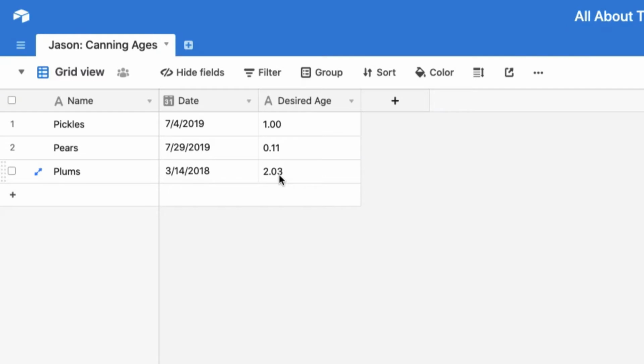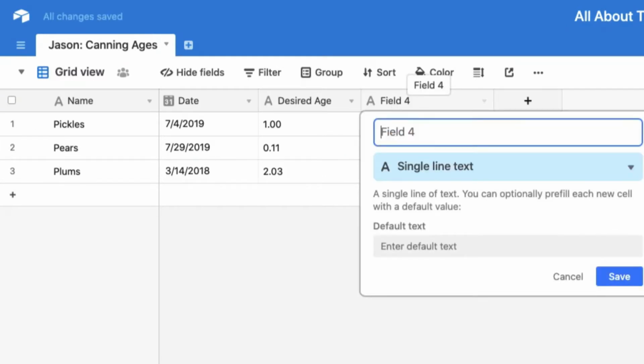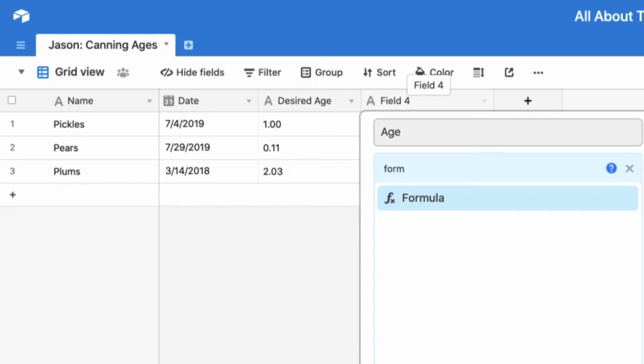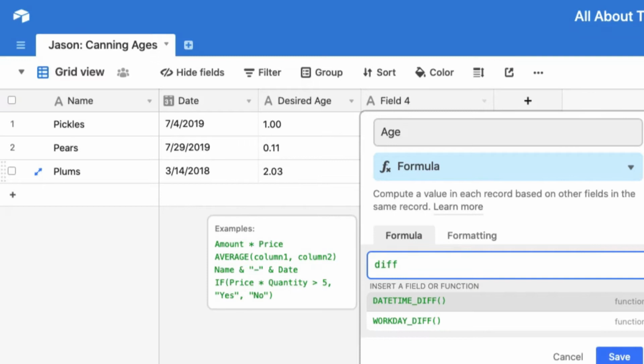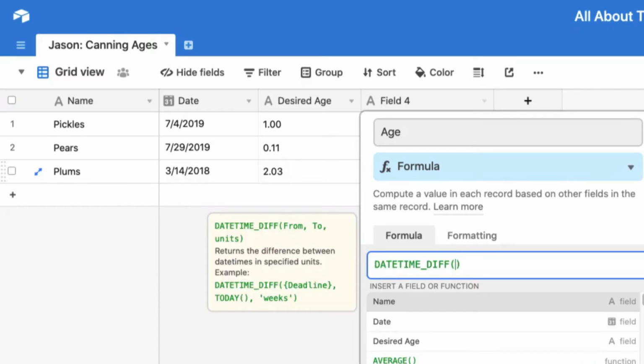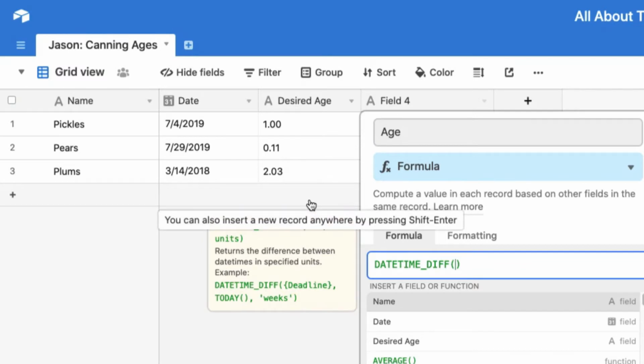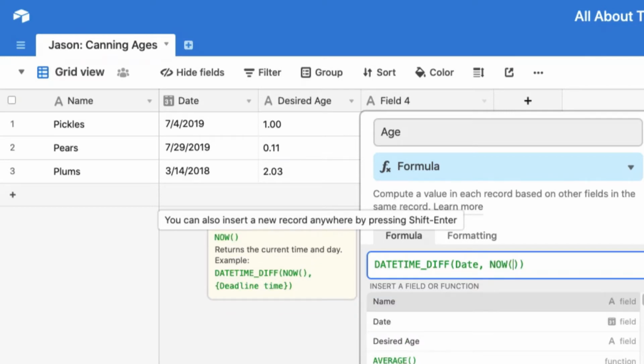So to build this, we're going to start by making a formula field. I'm going to call this age, and it's going to be a formula. So the first thing I want to play with here is how do we determine the difference in date between this date and today. That is done with the DATETIME_DIFF. Now I often just put diff in here. I know it's the unique piece of that thing. DATETIME_DIFF is the first thing chosen. Enter to select that function. And now I can say, okay, where is it going from? So I'm going to start off by putting in the date field. And then what I'm going to is today. Actually, NOW is a more accurate representation. So I want NOW, I can enter to select that.